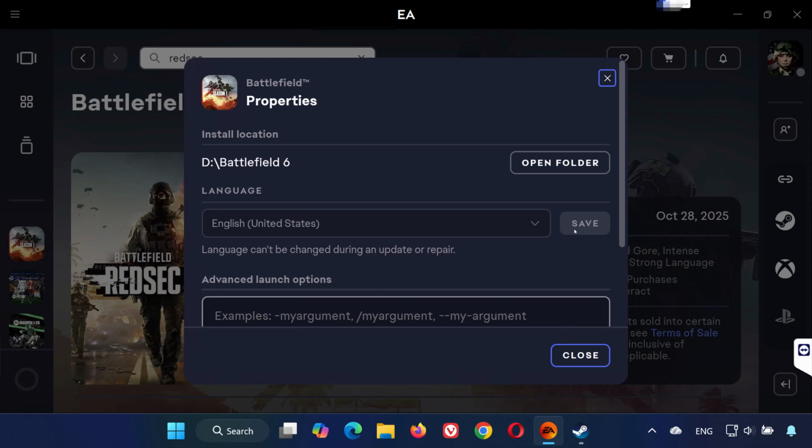First, open Steam and go to your library. Locate Battlefield 6, right-click on it and select Properties. In the General tab, look for the Language section. From the drop-down menu, choose the language you want to use. Once you've selected it, simply close the window and wait for Steam to update your game files to apply the